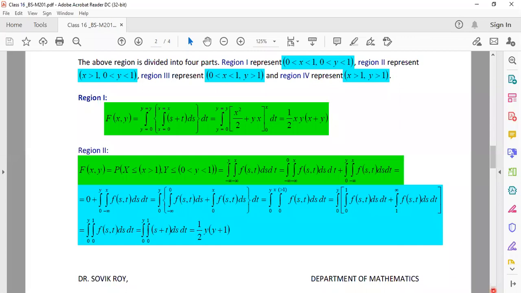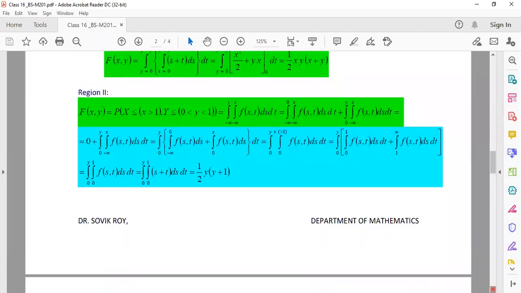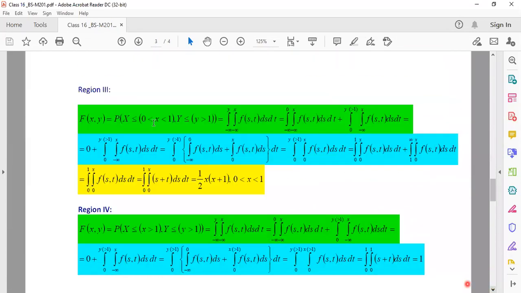Now, similarly, by looking at region 3, by similar calculation, which I have shown explicitly over here. Meanwhile, the chat box is open. We have 2 minutes 36 seconds left. You can write your roll numbers in the chat box.